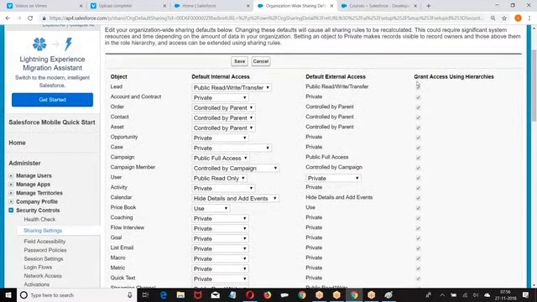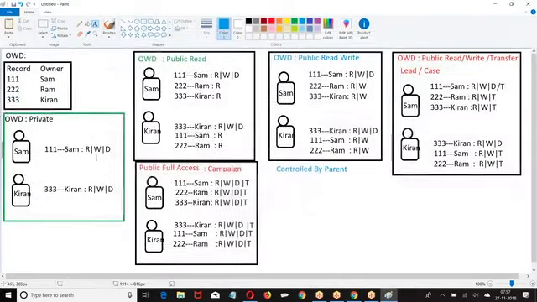If you look at this, we have an option, grant access using hierarchy. Now, if I enable this option, the users who are on top of you in the role hierarchy, we already created a role hierarchy, right? Whoever is standing on top of you in the role hierarchy can see every record of yours. Every record that is visible to you, they can access. So let me give you a quick example here. I hope everybody followed this. Right, boss?